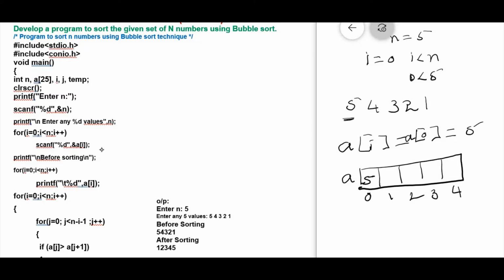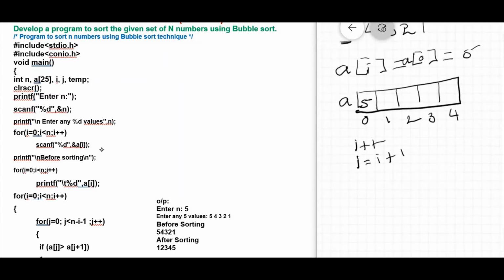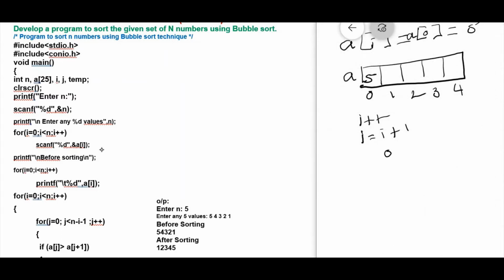So before the next iteration, the value of i will be incremented by 1, which is nothing but i equal to i plus 1. So that becomes 0 plus 1, which is equal to 1. So i will become 1. Now again i is being checked with n. Is i less than n? Yes. As i is 1, 1 is less than 5. Then repeat the scan statement.